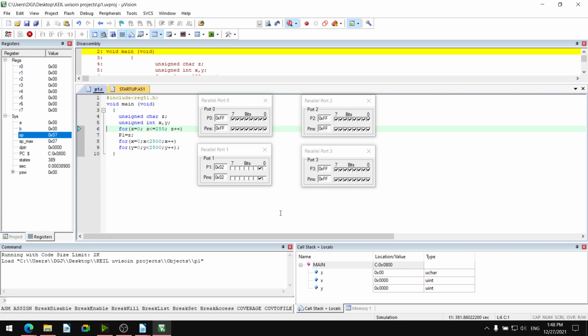Okay, then variations are there, 0 to FF.